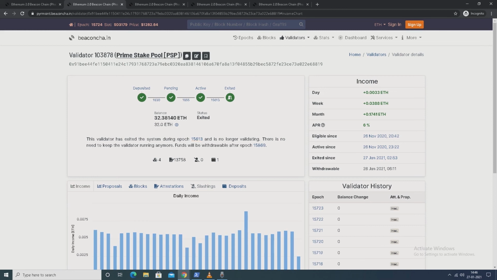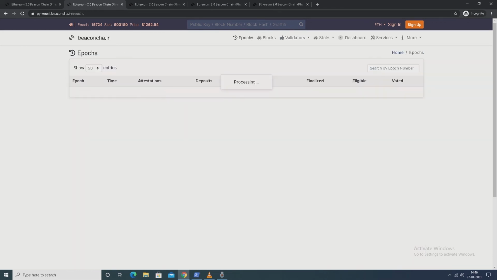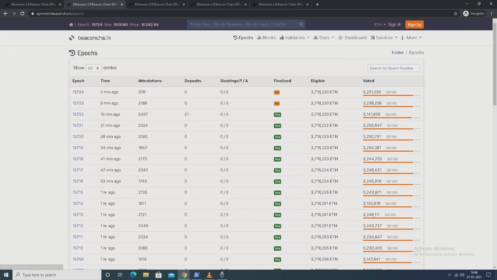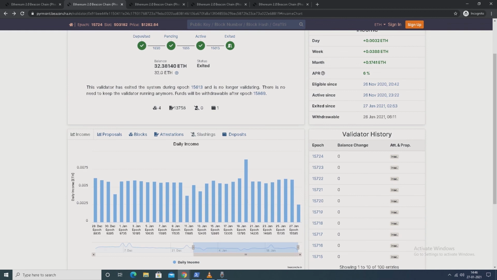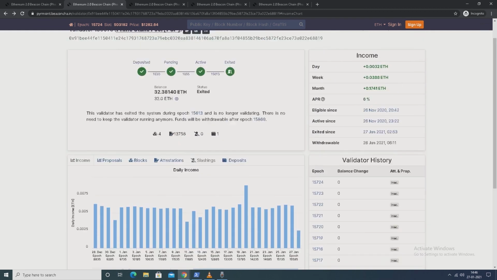So the first one has already exited during epoch 15316, but the funds will be withdrawable after epoch 15869, and right now the epoch number is 15724. So on epoch number 15869 the funds will be withdrawable.